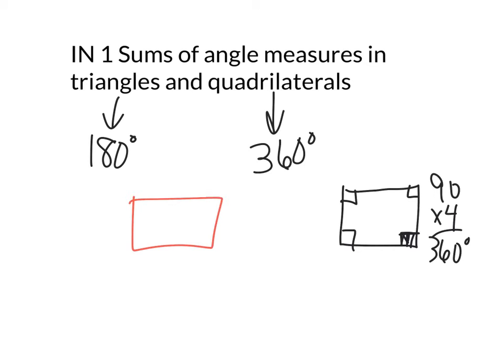And your rectangle, you could actually split that up into 2 triangles. If the 2 triangles were the same, each one would have 180 degrees. You'll want to go back and look through the different problems that you did with those. Some problems, they might just give you 2 angles and you're asked to find a 3rd angle. Some of them, they might be like other shapes and things that you have to work your way towards finding the missing measurements. So again, if you just look back at what we did in the lesson,